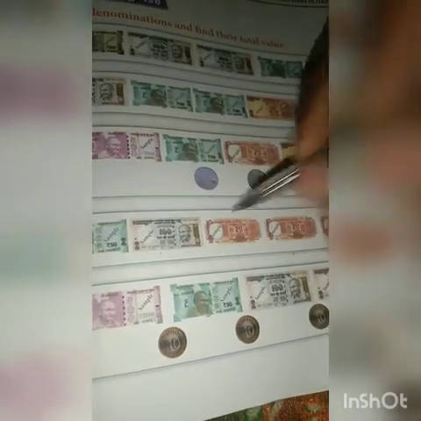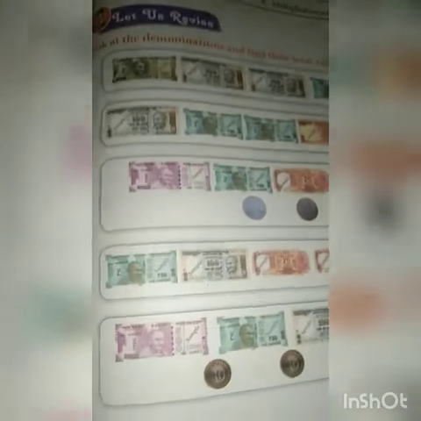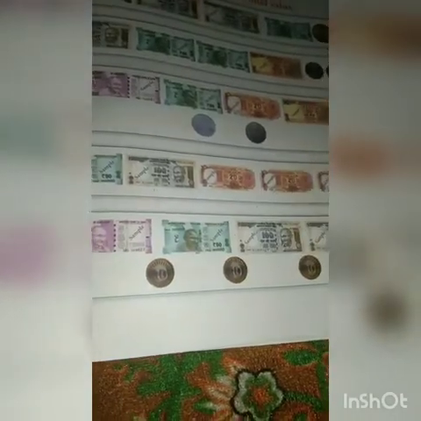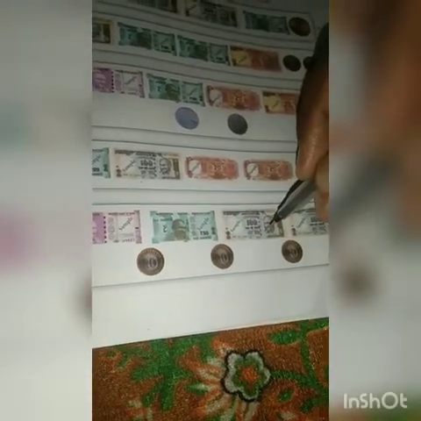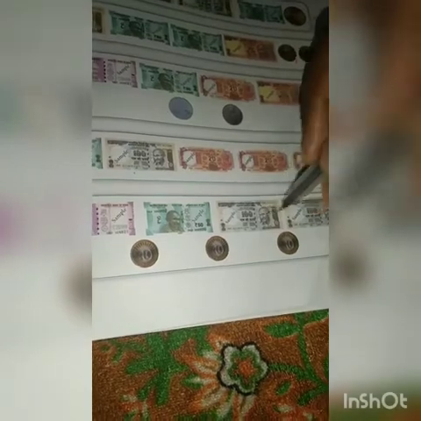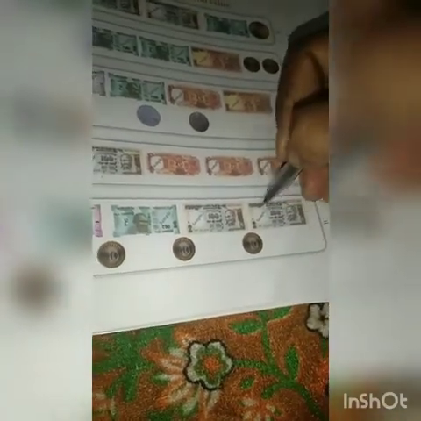So 150 plus 60, 210 rupees are there. Now the last one: a 2000 rupees note is given, a 50 rupees note is given, 100 rupees is given, again 100 rupees, and 3 times 10 rupees coins are given. So let's add it. 2000 plus 50, 2050, 2050 plus 100 or 100, 200 we can say.